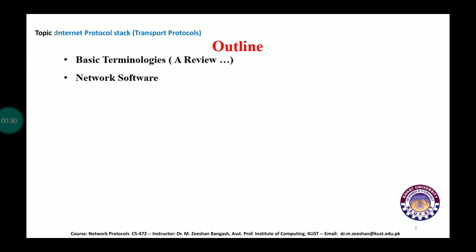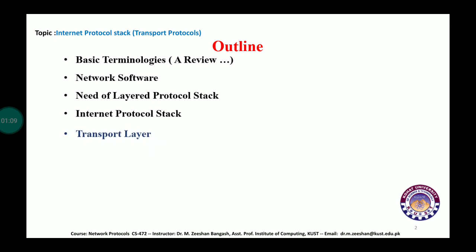Then we will be talking about network software in the context of network protocols. Then we'll be identifying the need for a layered protocol stack. Then we'll be discussing the Internet protocol stack, and in the last part of today's session we will be